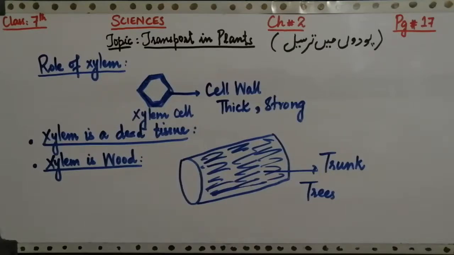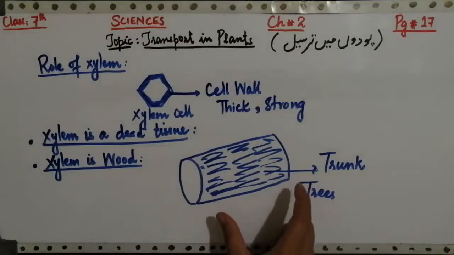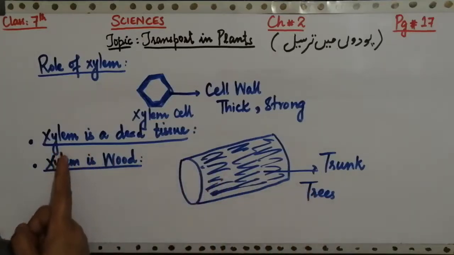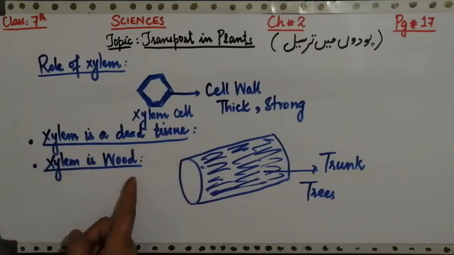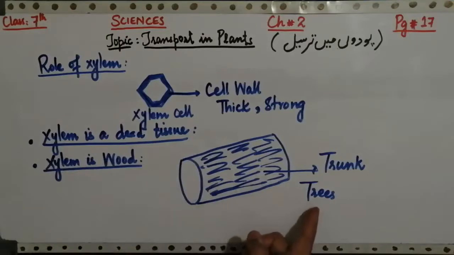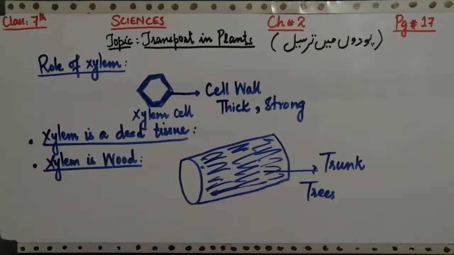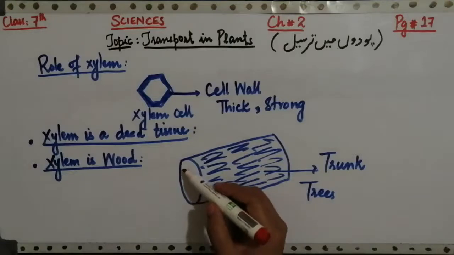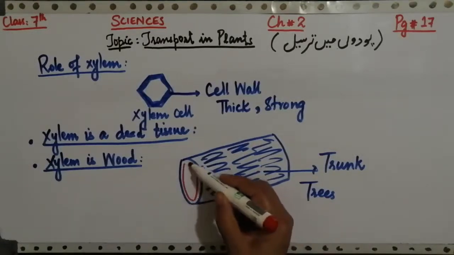और आपको पता होना चाहिए कि जो ट्री का ट्रंक एरिया होता है, जो उसकी ऊपर की छाल होती है, वो ज़िंदा सेल्स पर मुश्तमिल नहीं होती, वो लिविंग सेल्स नहीं होते बल्कि डेड होते हैं। क्यों डेड होते हैं? क्योंकि वो xylem टिश्यू से बने होते हैं। सो xylem is a dead tissue and xylem is present in the wood. Wood मीन ट्रीज़, ट्रीज़ में मौजूद होते हैं। कहाँ पर? उनके ट्रंक एरिया में। ट्रंक एरिया मेनली कॉल्ड स्टेम इन द फॉर्म ऑफ रिंग। हमने ये भी बात की कि ट्रंक के अंदर जो रिंग्स आपको नज़र आती हैं वो ऐसे नज़र आती हैं,